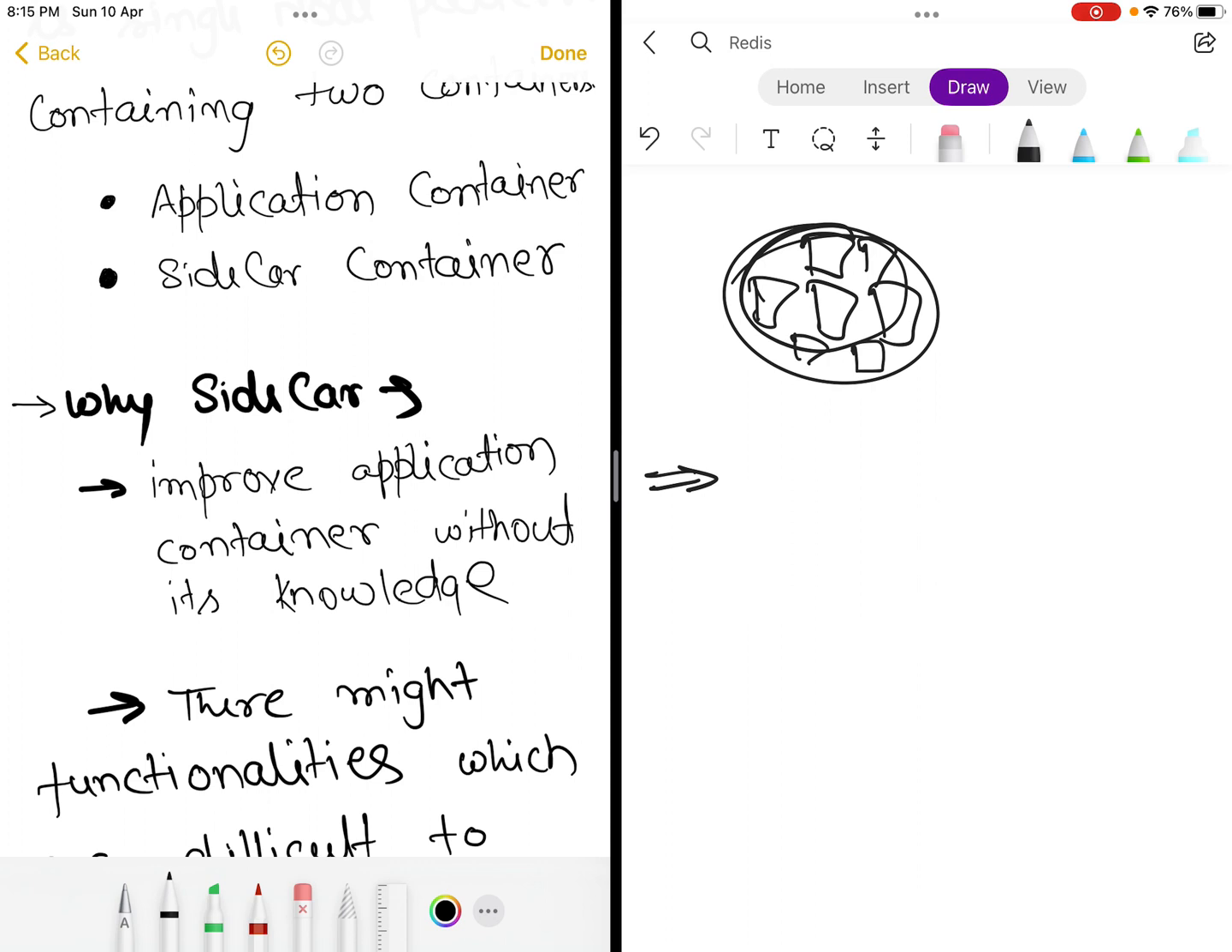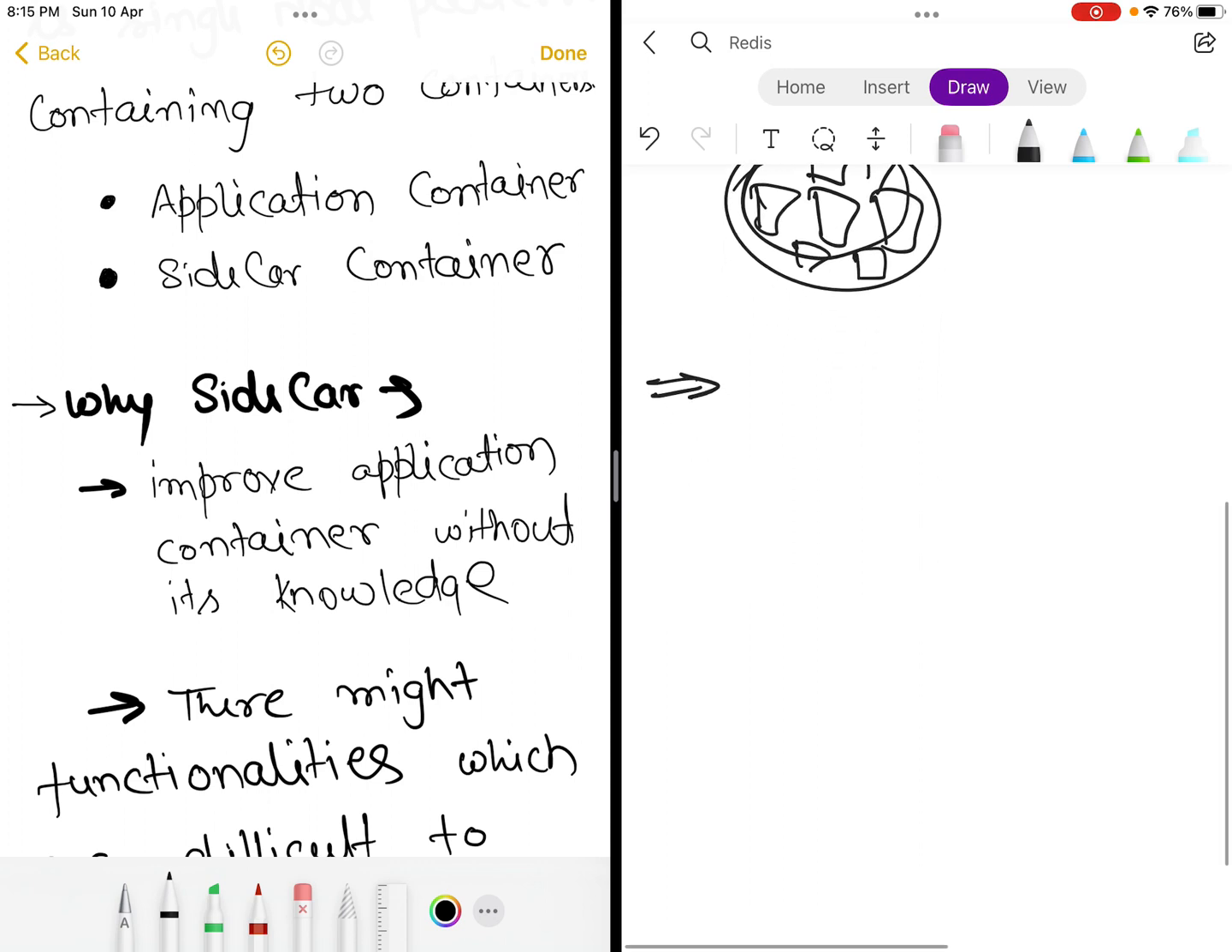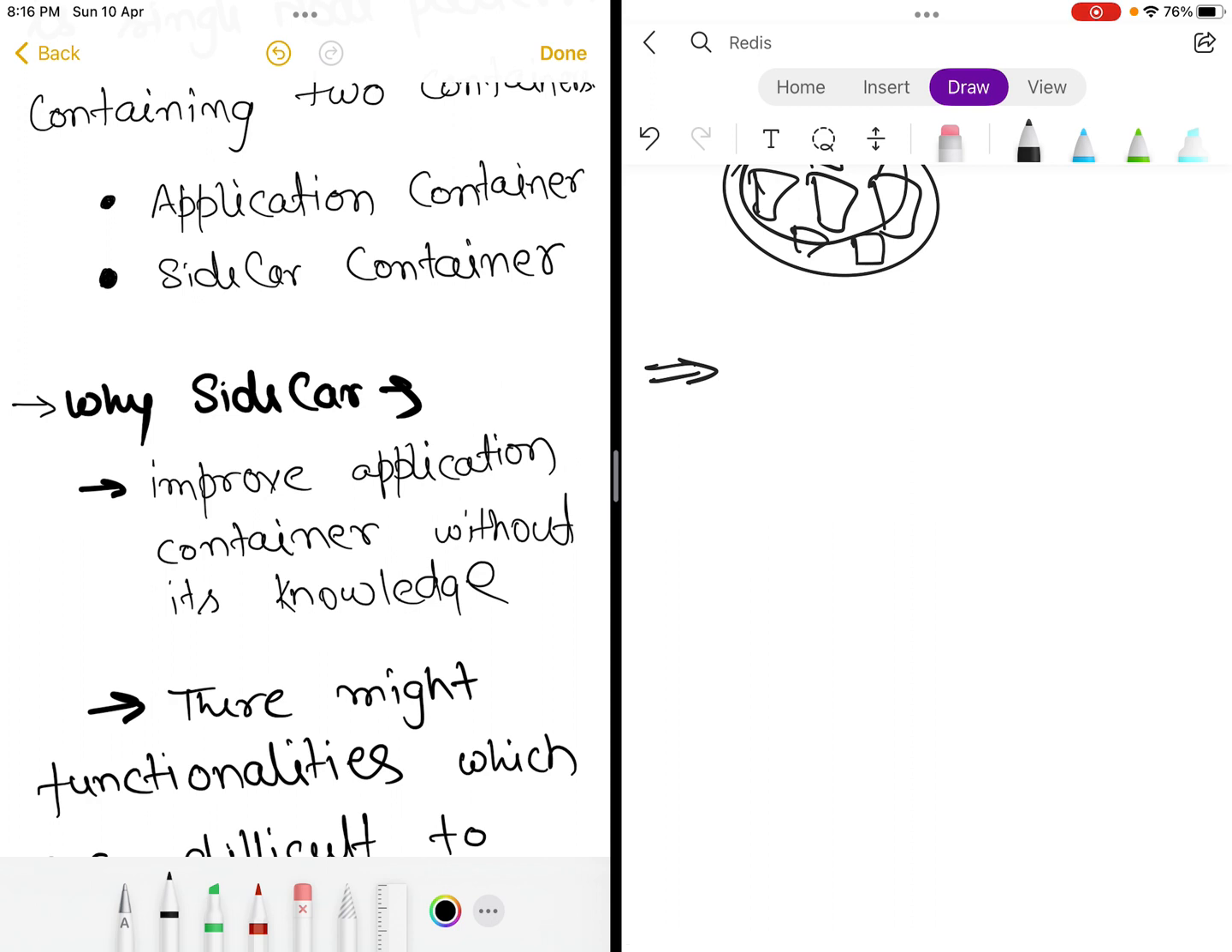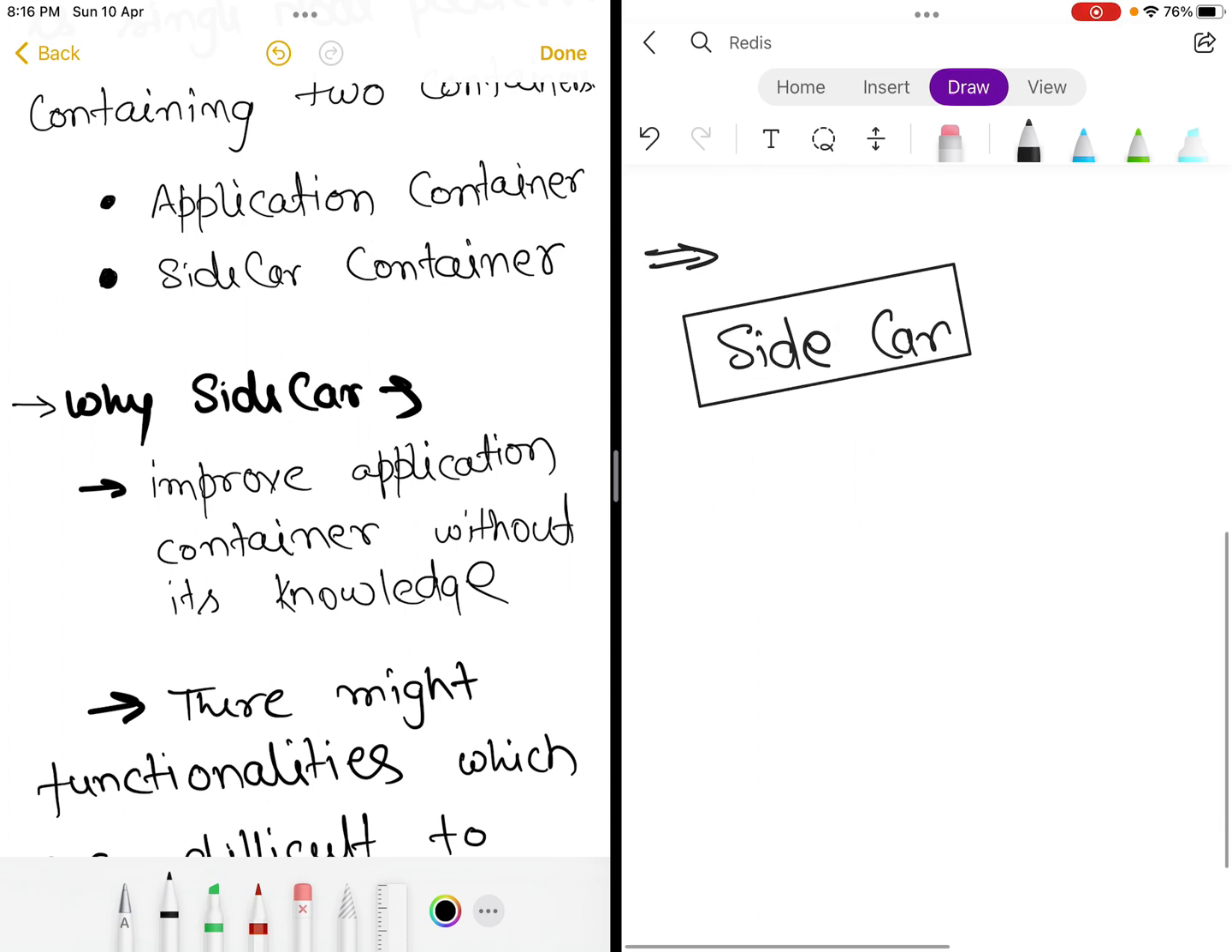Now let's find out what design pattern we are going to discuss today. Today we are going to discuss the sidecar design pattern. In this one we'll be discussing what a sidecar is and we'll be taking one example. We will try to see how it cannot be solved without sidecar, or how it will be difficult to solve